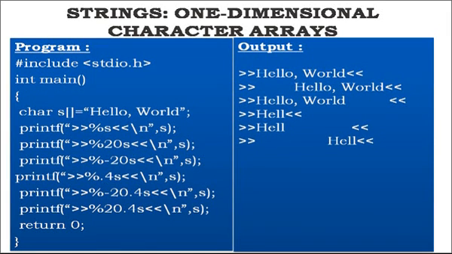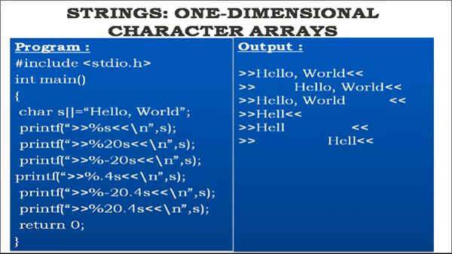The following program illustrates the use of the %s conversion specifier. Here in this program, the first output is the normal string output. The second output causes the string to be printed right justified.